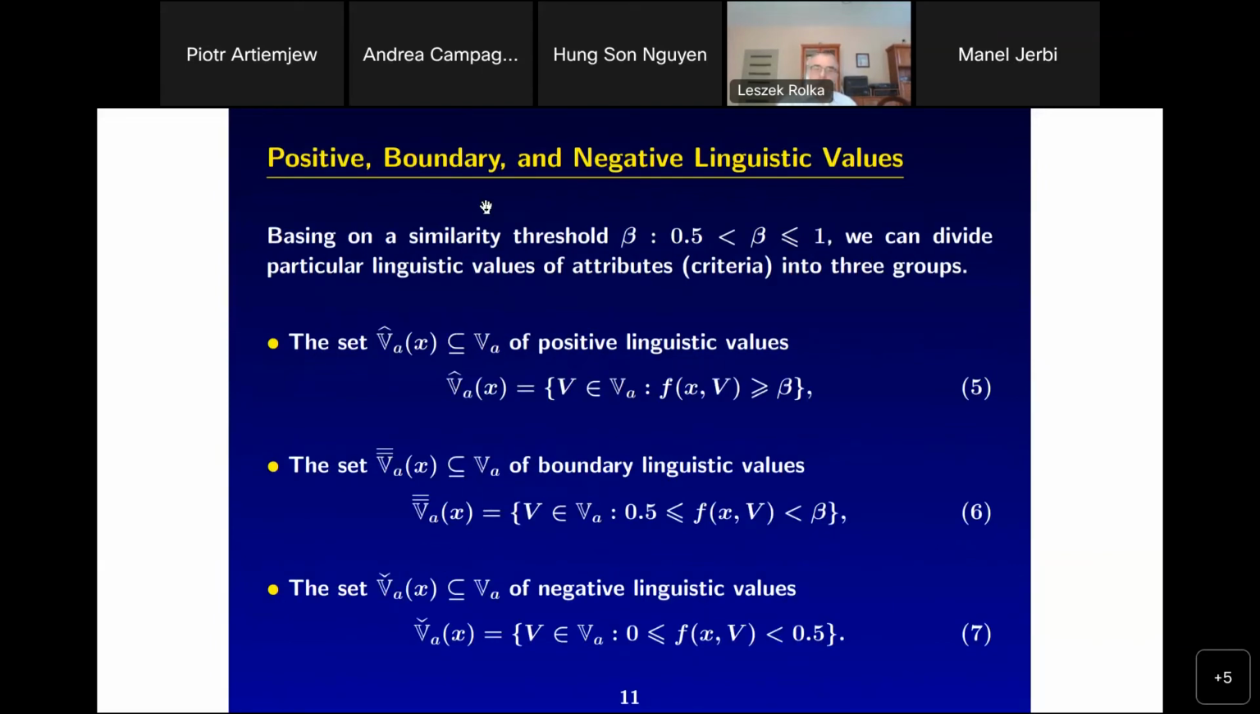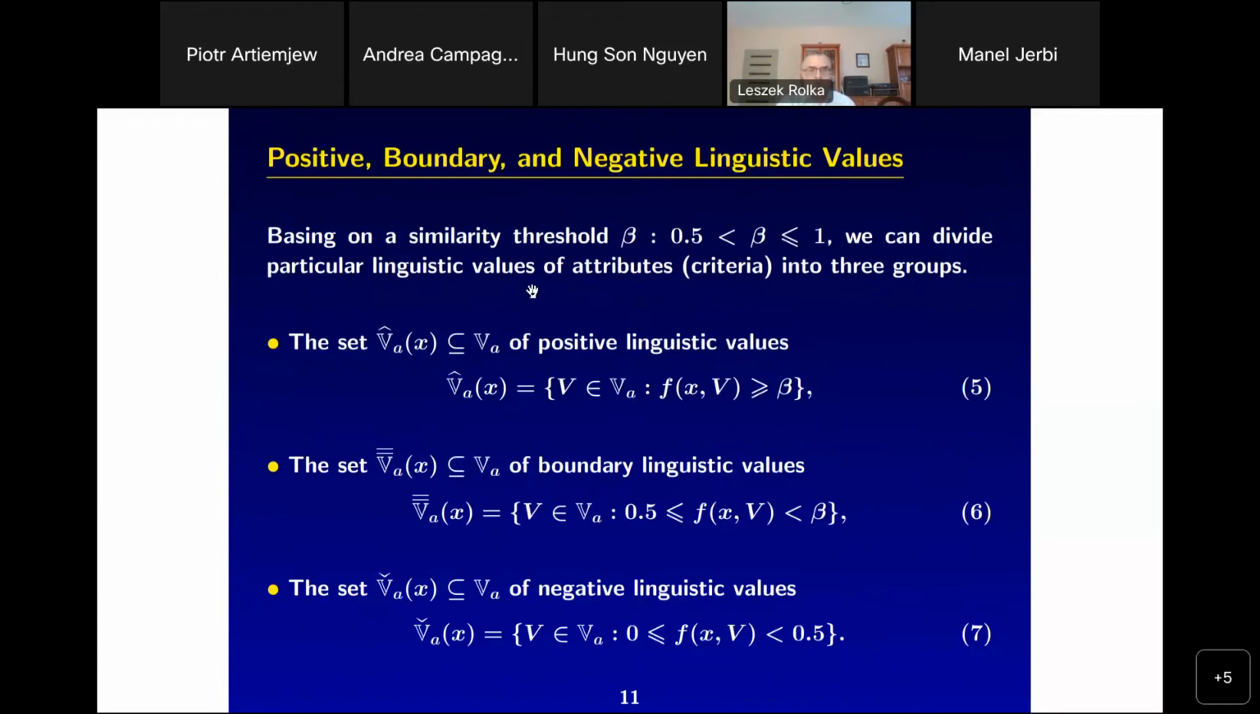This is always a matter of membership degree, how we classify objects of a universe. In order to discover dominant linguistic values, we ought to assume a relatively high degree of membership in the considered fuzzy criterion. To this end, we use a similarity threshold beta between 0.5 and 1, and it must be appropriately chosen in an application. Based on the similarity level beta, we can divide linguistic values of a criterion, for a given object